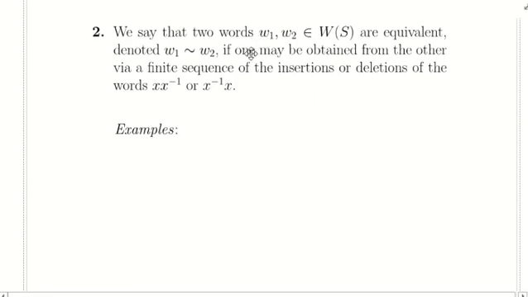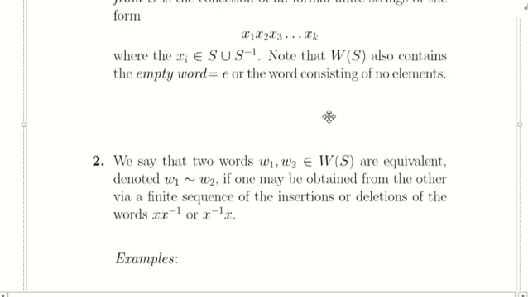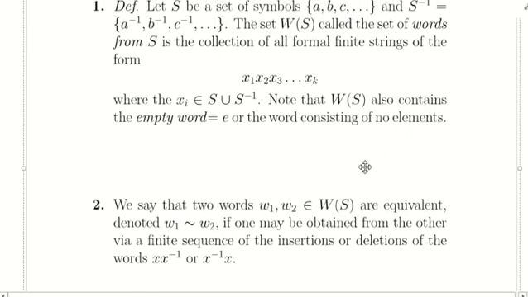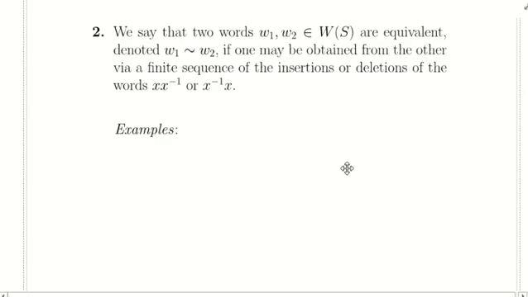So we can say that two words are equivalent if you can insert or delete a word next to its inverse, or its inverse next to that same word, which is basically just multiplying by the identity, or adding the empty word to any position inside a word. That creates an equivalence. So for instance,